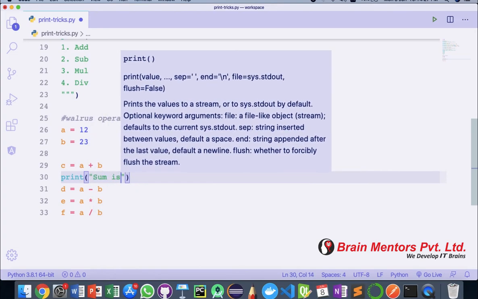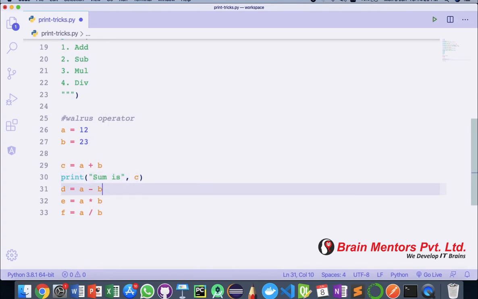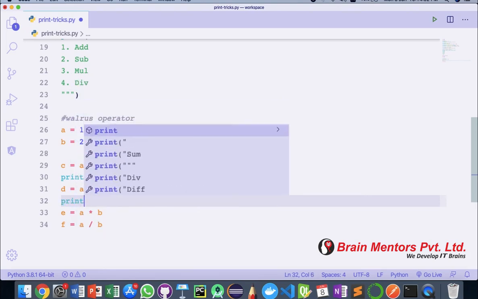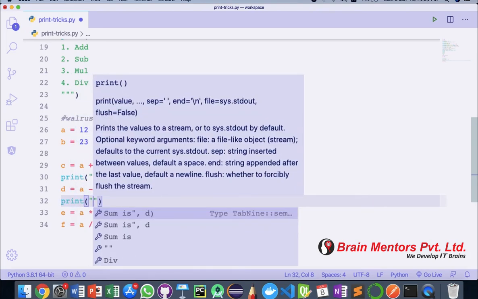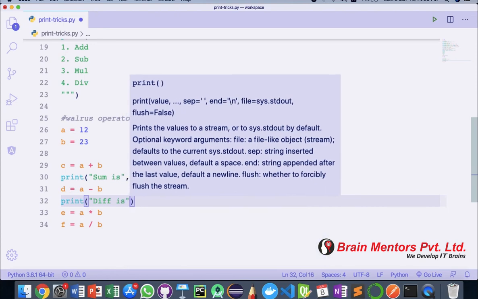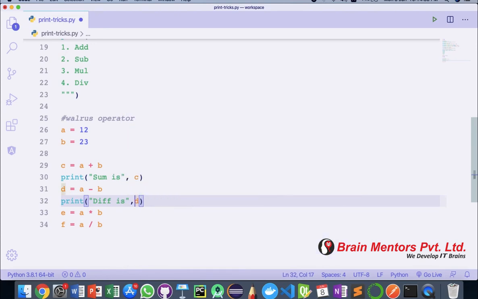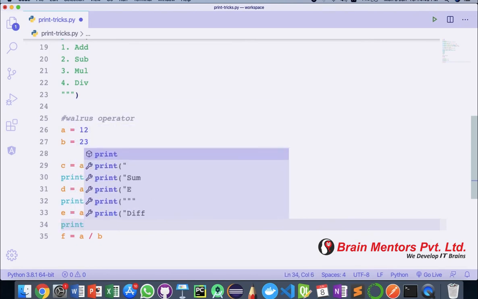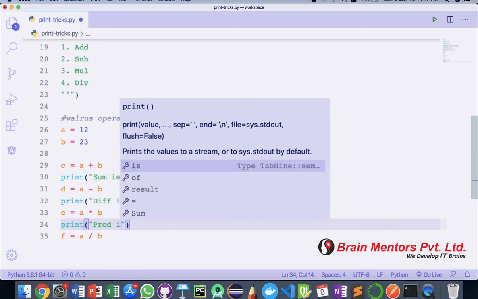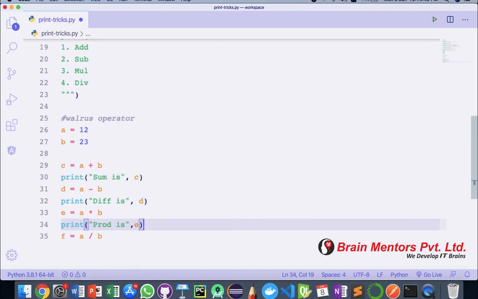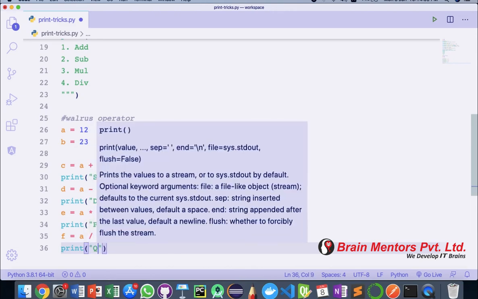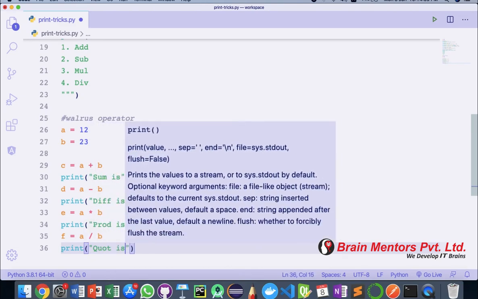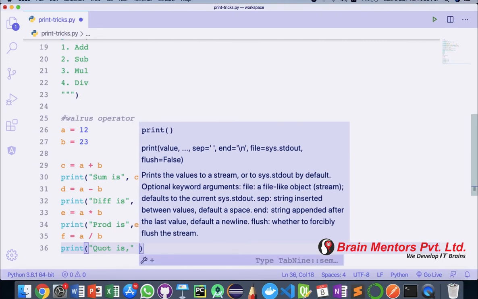So print sum is c, print difference is d, and after that you want to say product is e, and for the last you can say quotient is f, something like this.